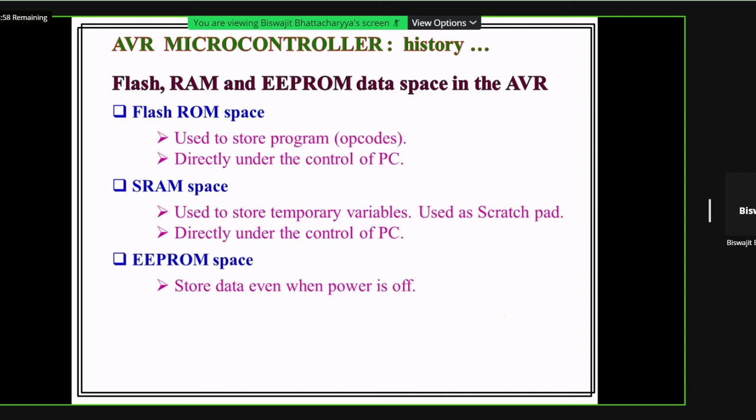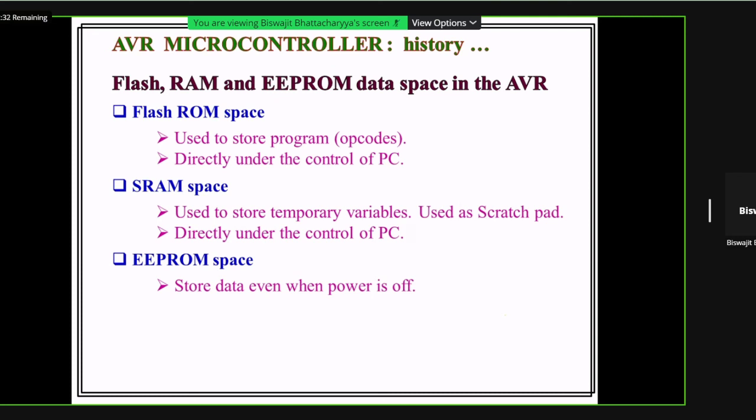Next is the SRAM space. It is used to store temporary variables. When you declare any temporary variable in your program, a new memory space will be reserved for that. So these are used as a scratch pad. When the power goes off, the SRAM content will be completely erased.